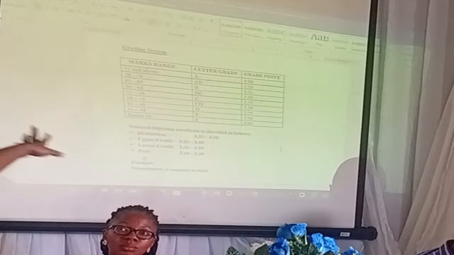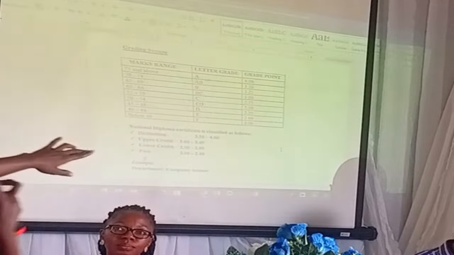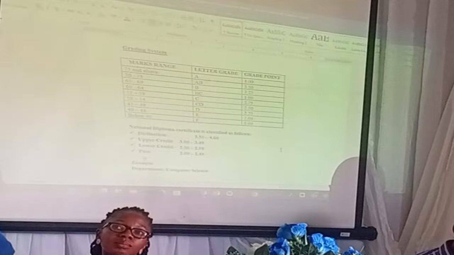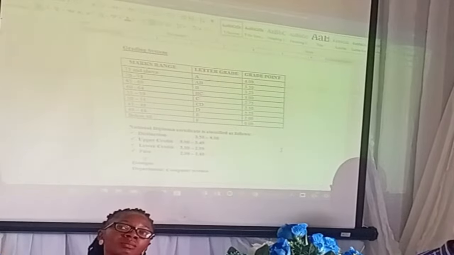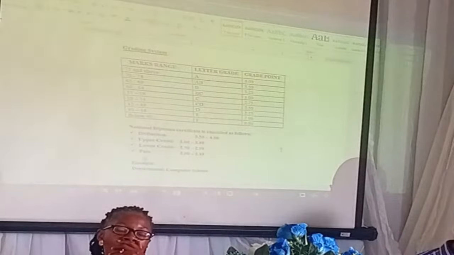We have three columns there. The first column says mark range, the next one is letter grade, the next one is grade point. Under one grade, you have 75 and above. What does that mean? That means anybody that gets 75 over 100, 76 and above,